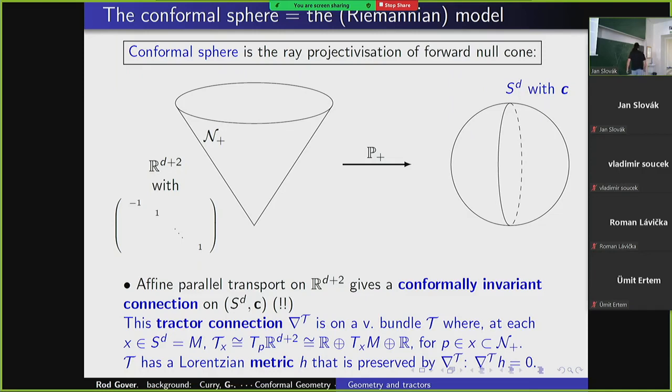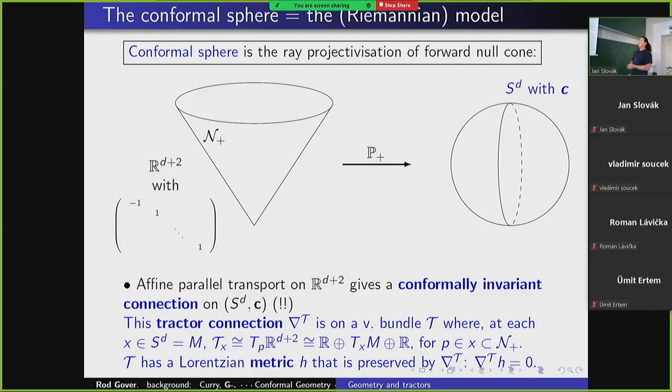Mod that equivalence relation. But then the parallel transport on R^(d+2) gives us a parallel transport of that vector bundle. This metric induces a metric on that vector bundle. It's obviously parallel, right? It's constant. And this metric is preserved by the connection. Now, so we do get a canonical connection, but it's just not on the tangent bundle, it's on this higher